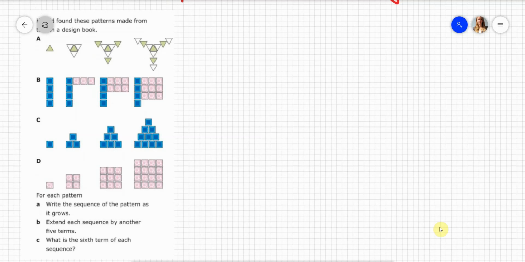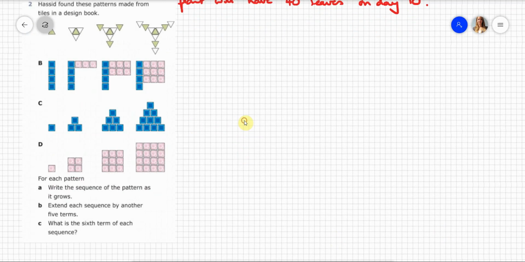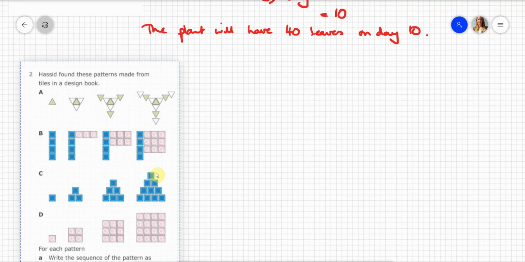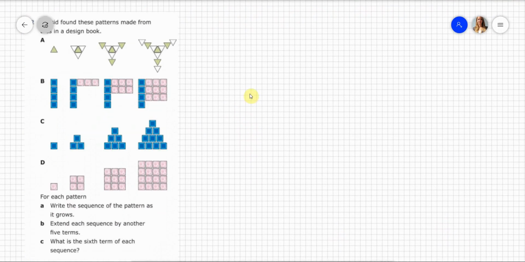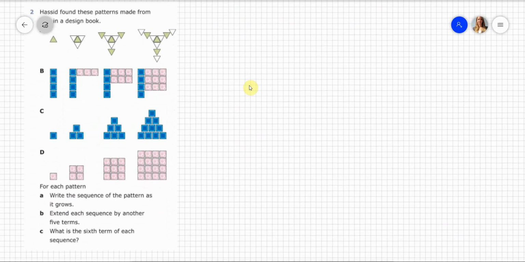So, you can't see it because it's hidden behind this silly icon, but it says Hasid has found these patterns made from something, tiles in a design book. And what we need to do is for each pattern, write the sequence of the pattern as it grows. Okay, so for this one,